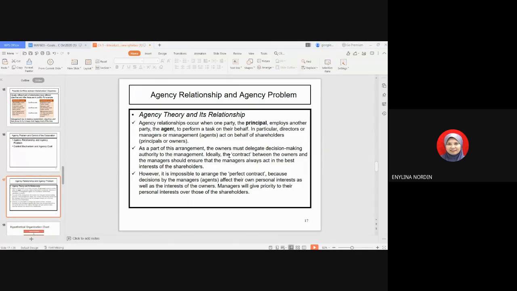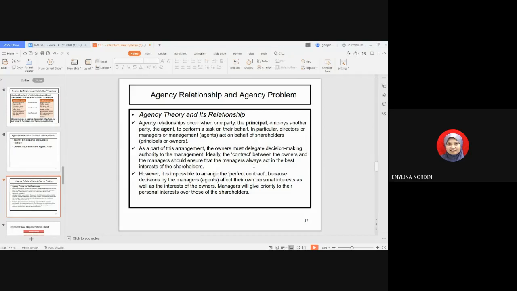So the principal will employ the agent, that is normally the managers or the management teams of the company, to perform tasks on behalf of the principal, that is the shareholders. So shareholders are the owners of the company, so-called the principal. Management teams such as managers and directors are the agents of the company that will be acting on behalf of the principal. So in theory it's easy to say, but in reality it's not easy